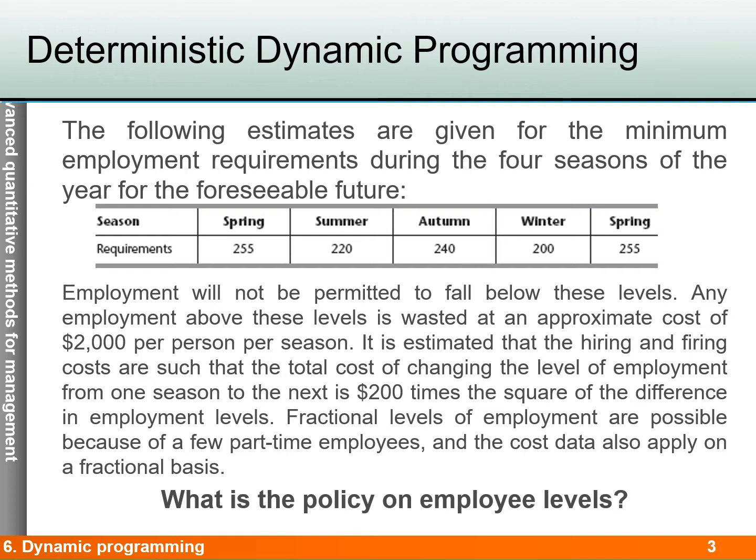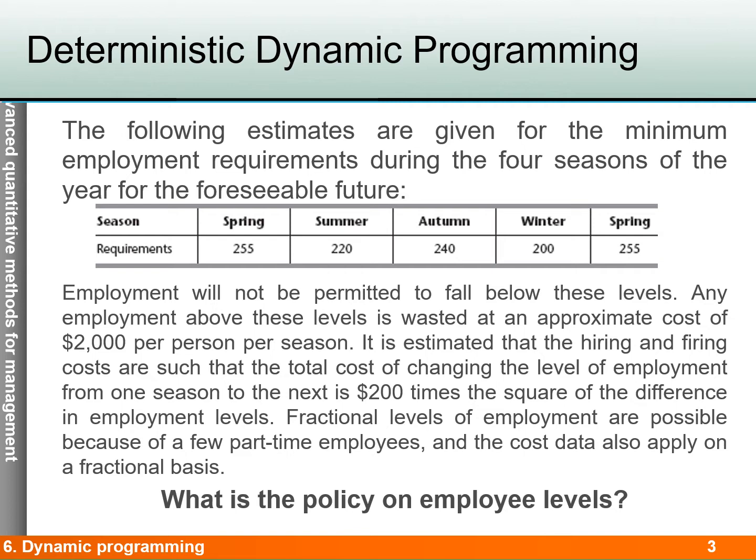So when we are talking about the minimum, it means that, for example, in summer, we are not permitted to have 215. The minimum should be 220. And any employment above these levels is wasted at an approximate cost of 2,000 per person per season. So what is the meaning of that? It means that, for example, in autumn, instead of 240, if we have 250,